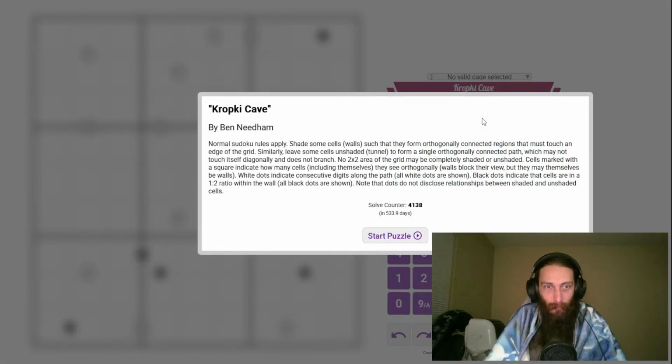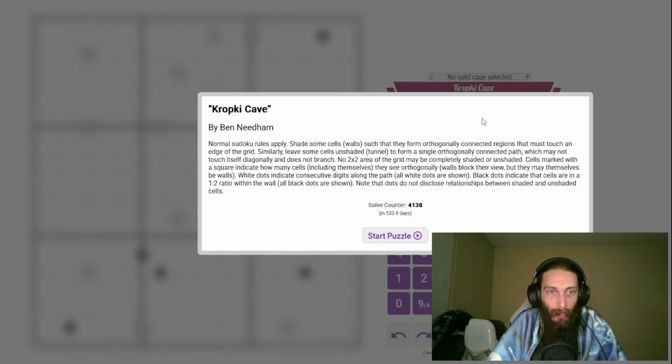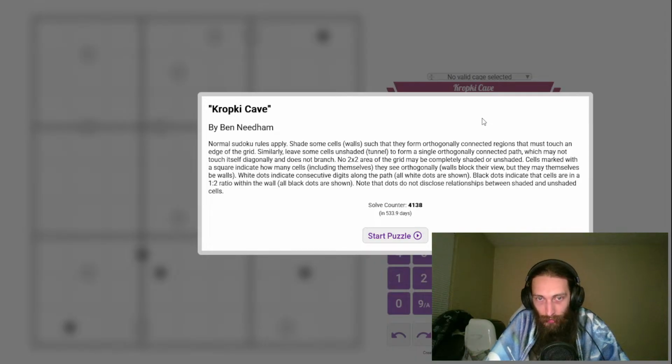All right, last puzzle for tonight. Kropke Cave by Ben Needham. Normal Sudoku rules apply. Shade some cells, walls, such that they form orthogonally connected regions that must touch an edge of the grid. Similarly, leave some cells unshaded, tunnels, to form a single orthogonally connected path, which may not touch itself diagonally and does not branch. No 2x2 area of the grid may be completely shaded or unshaded,